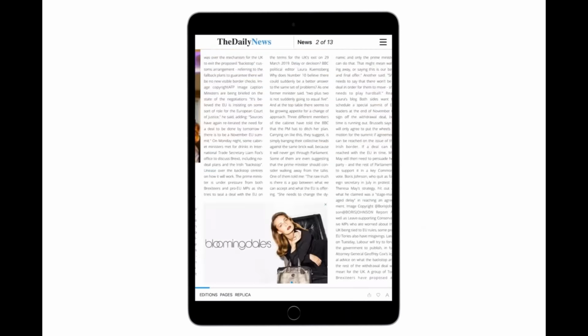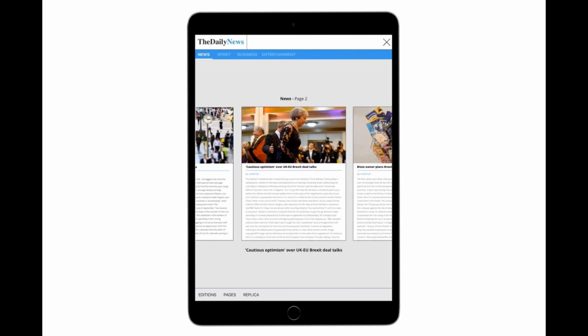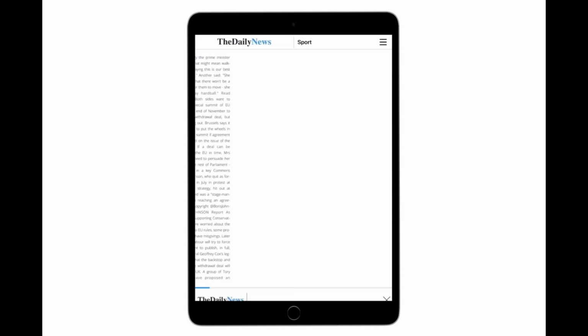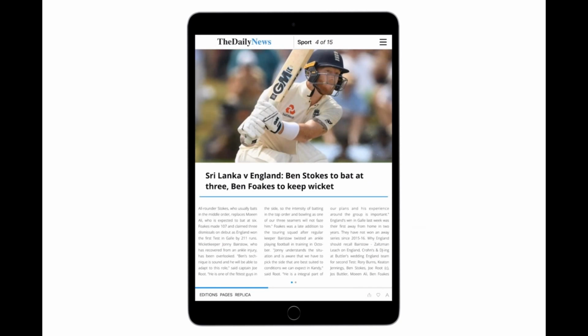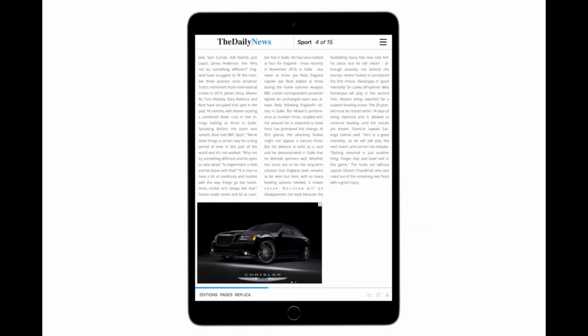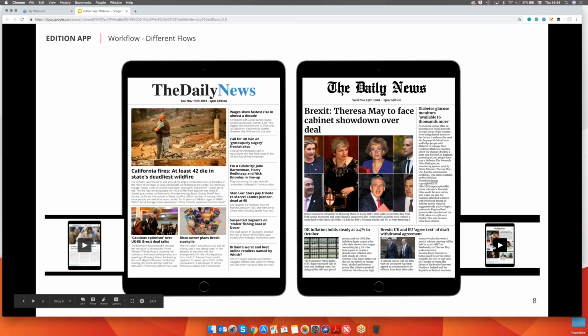You can then go through the more stories as you would a paper, and even pick up into a new section. So if I wanted to go into sport, I would see the top 6 stories picked by the editorial team or the automation today, but there's another 9 stories that I could swipe through and read after that. So that's more of a traditional newspaper or magazine experience, where you get an overview of the content to begin with, the top picks, and then the rest of the stories attributed to that section can be swiped through